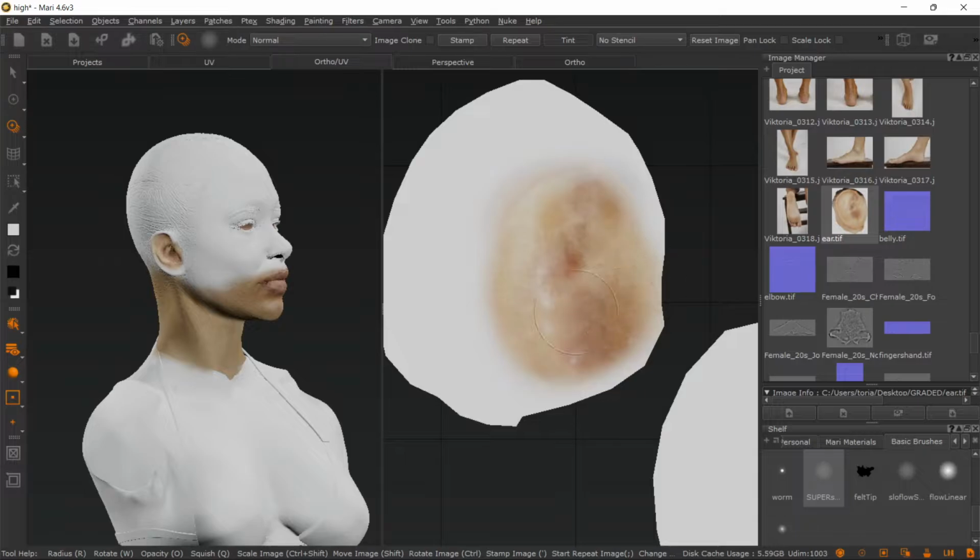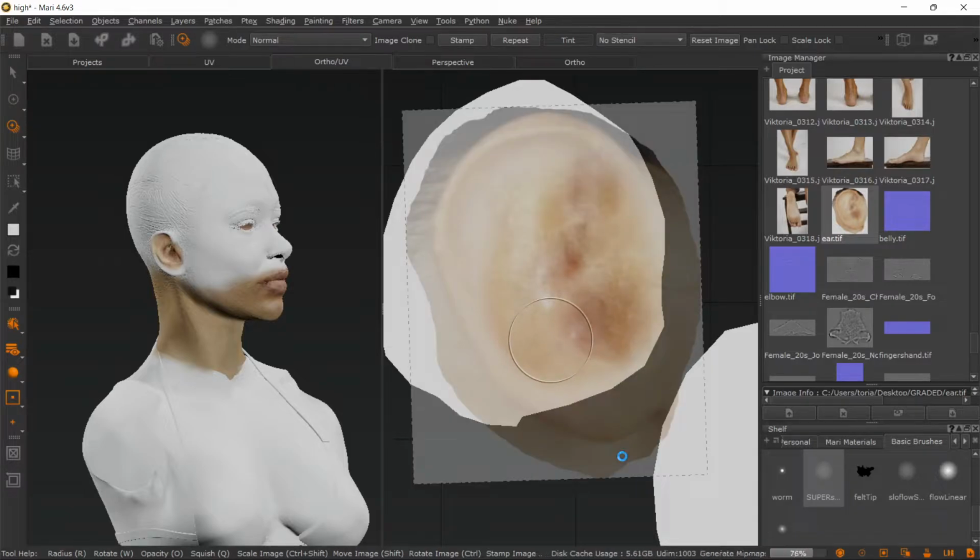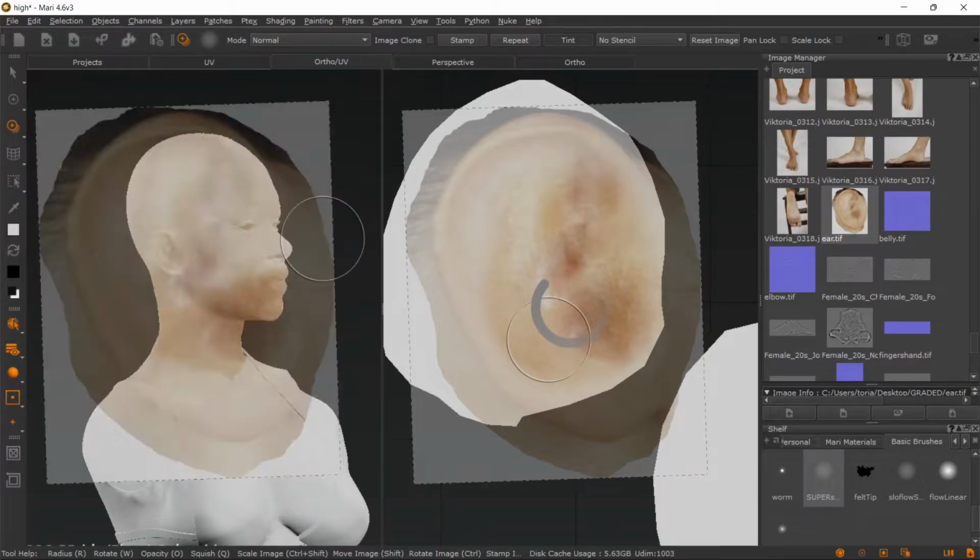And that's how you do an ear. You just come in and do it to the other side of the ear. Now,